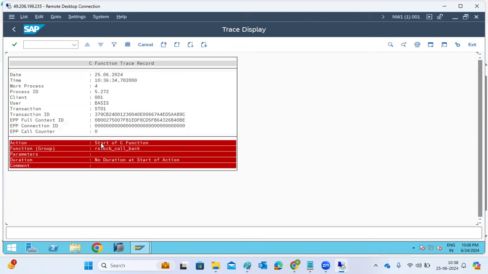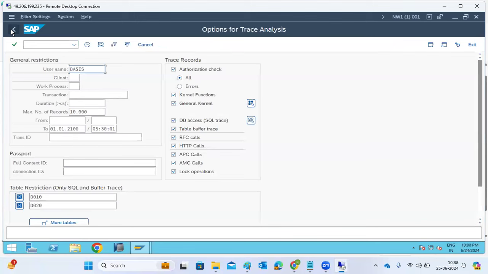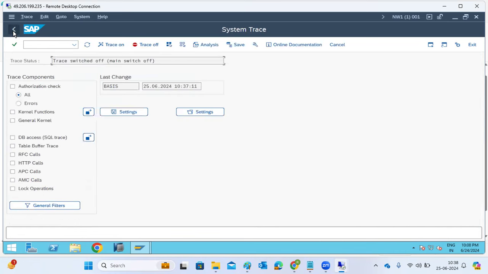There is an issue. There is a transaction ID. There is a system. So like that, we can do some analysis tracing. At least we can collect the traces. We can inform SAP to investigate it further. Those things we can perform in the SAP systems here. ST01 system trace activation: in case the existing traces are not enough to troubleshoot, then ST01 will be helpful